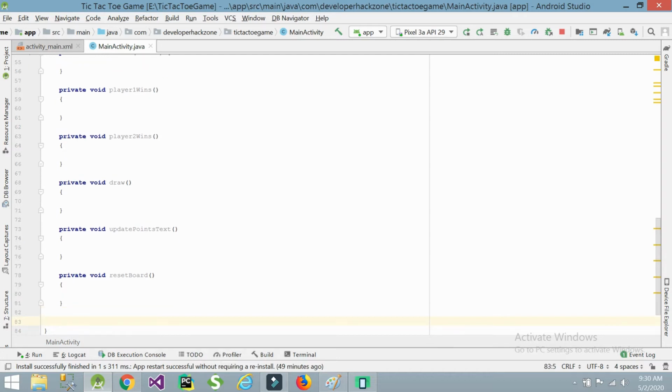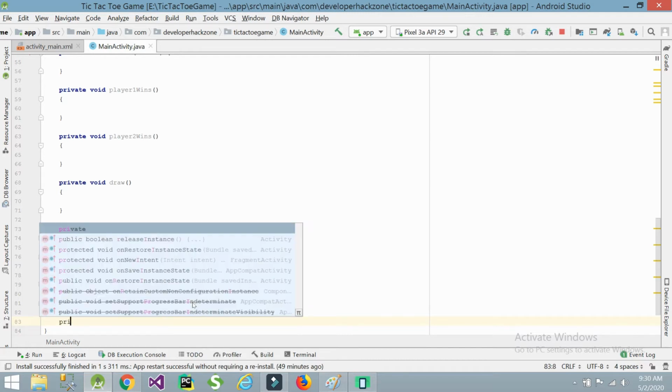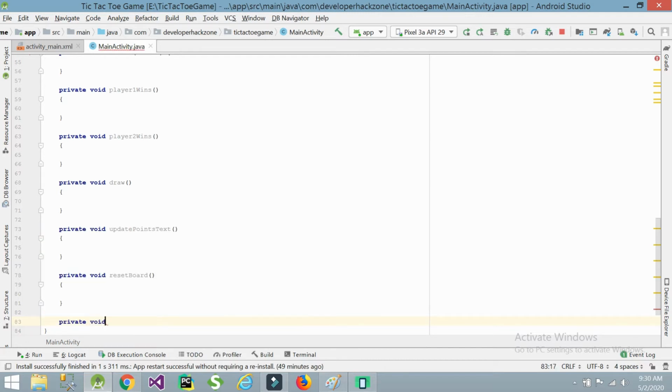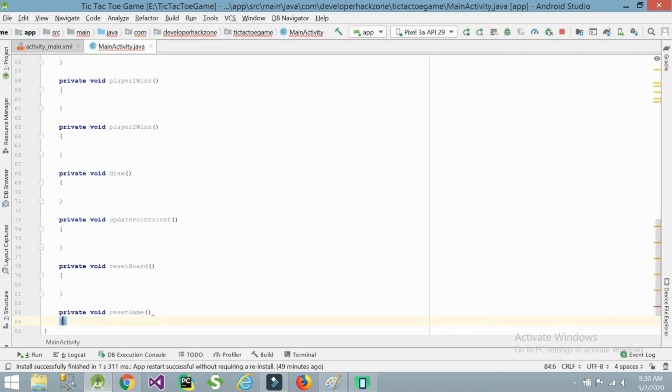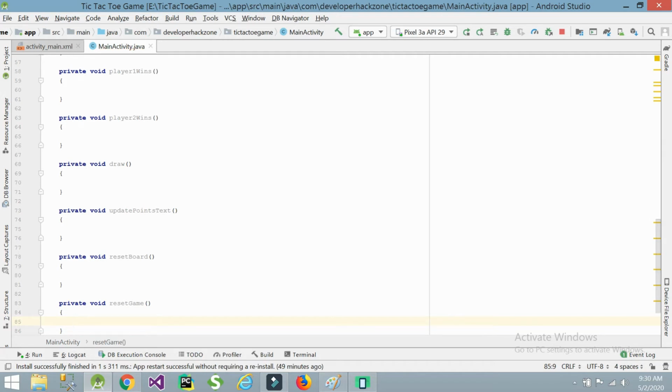If we click on the reset button, the total points and everything need to be reset, so that is a total reset game. Reset board is only for the particular game, and reset game is for all games' scores and everything.